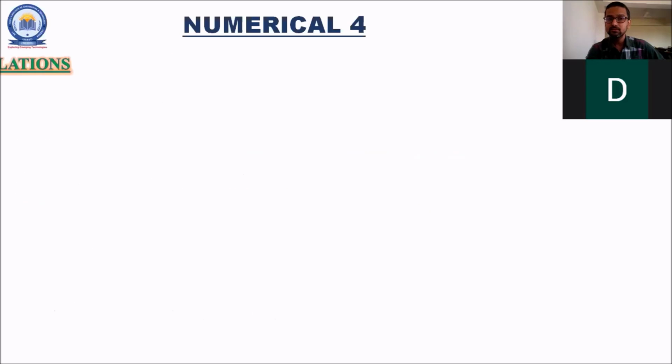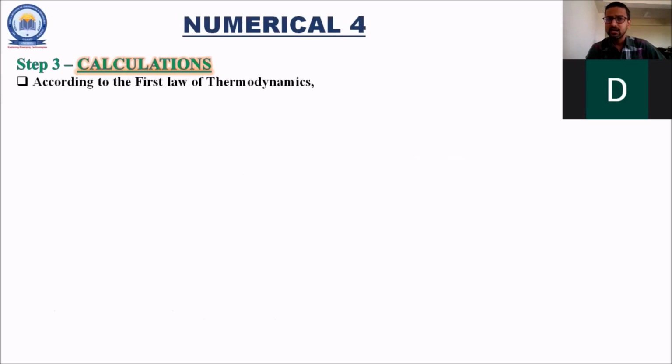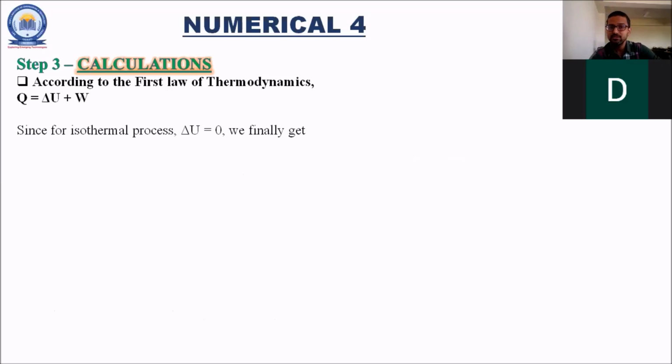Now moving further to calculate the last parameter. According to the first law of thermodynamics, I can write down Q is equal to delta U plus W. I am having the value of delta U, I am having the value of W. For isothermal process, delta U is equal to 0. We finally get Q is equal to W. We are already having the answer of W. So substituting that same value in this equation, the amount of heat transfer Q is equal to minus